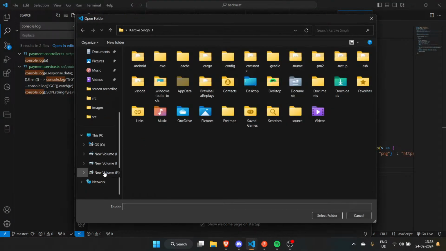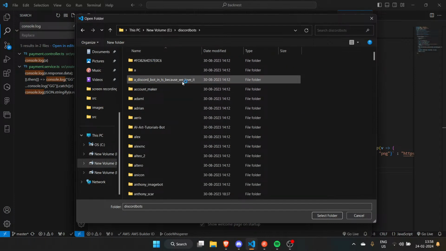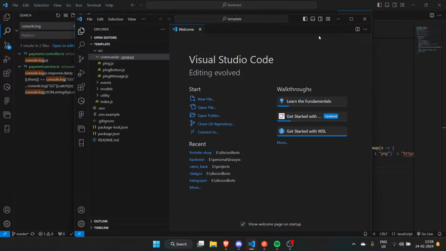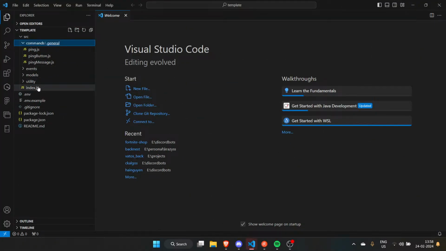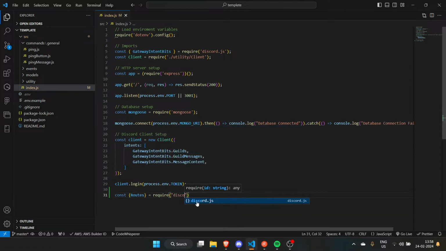Control K O. Let me just open a random Discord bot template, and then what I can simply do is look at a piece of code right now. Let me show you how. Routes. Let's import it. This equals require Discord API types. This is the package, right?